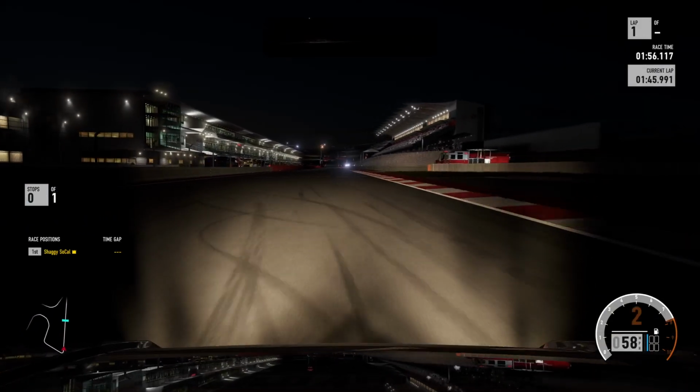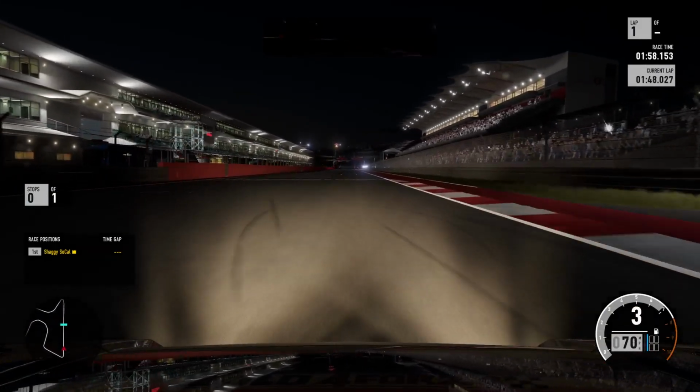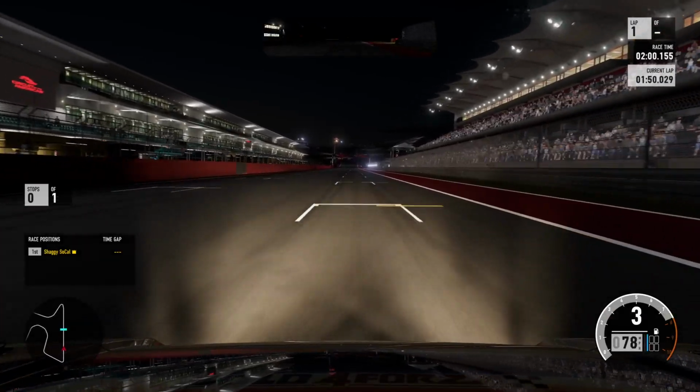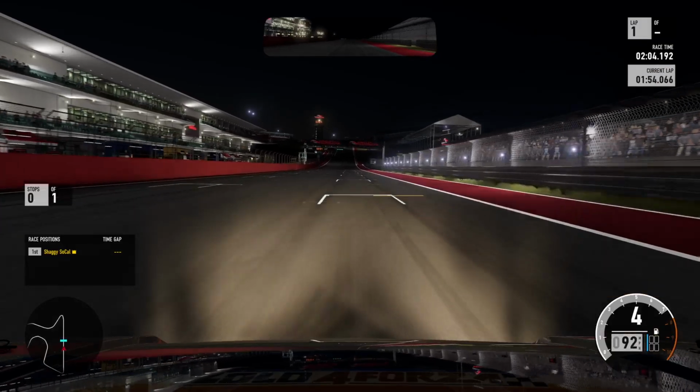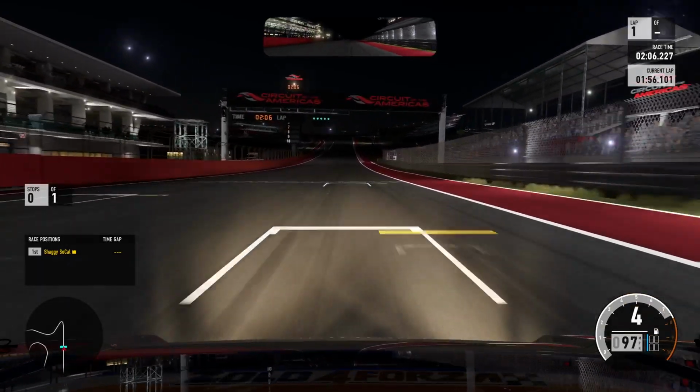That is just a quick outlap of CotA West. So let's do the slow lap. So you're going to be racing up here in fourth gear towards